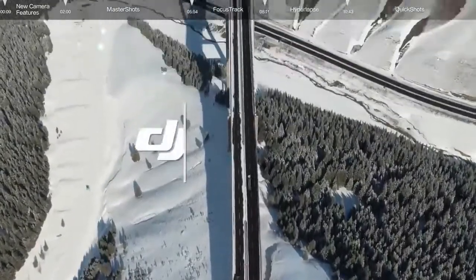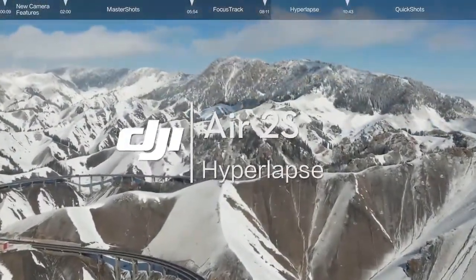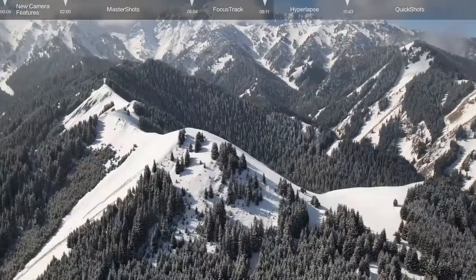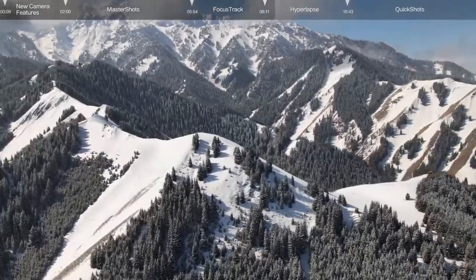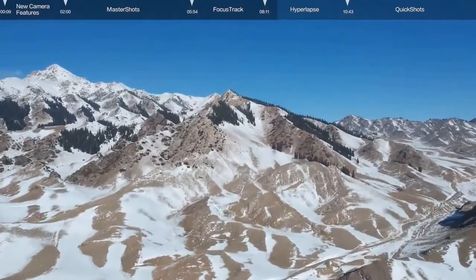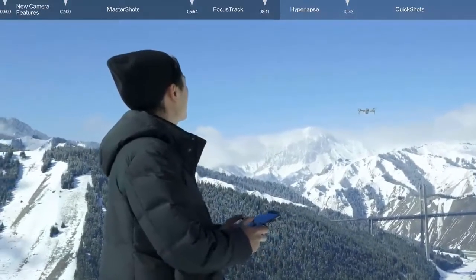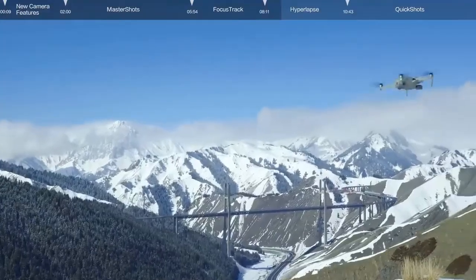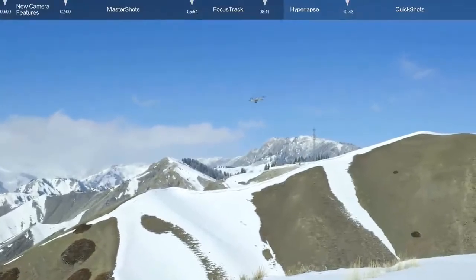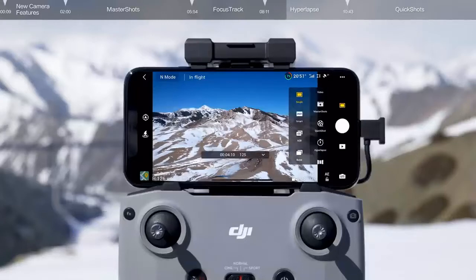DJI Air 2S features 4 Hyperlapse modes: Free, Course Lock, Circle, and Waypoint. Each mode offers a unique flight trajectory and camera angle for truly incredible results in any environment. When framing your shots, try to avoid positioning DJI Air 2S too close to the foreground. Once you are in your preferred starting position, tap Hyperlapse, Free,